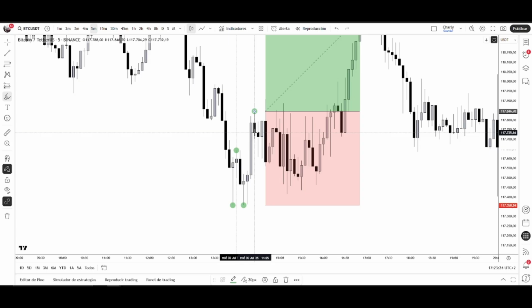Now, obviously, the second pullback extends itself until this point. That's fantastic, but I don't care about it. I care about this candle closing bearish, so I know that the third impulse is valid to be taken when the market breaks the high. So now we go with the next point.